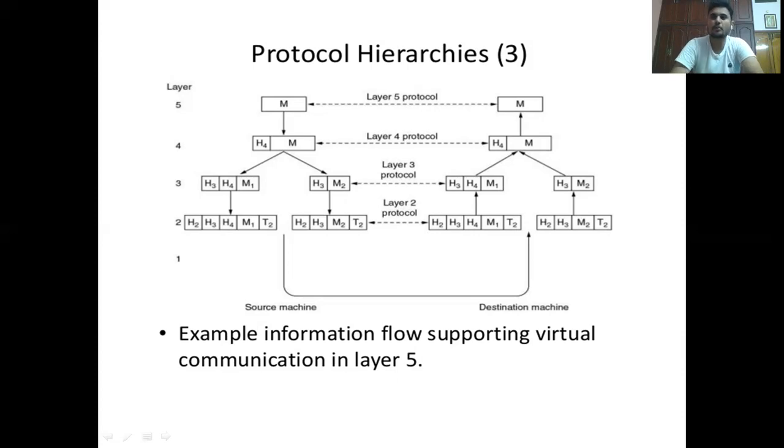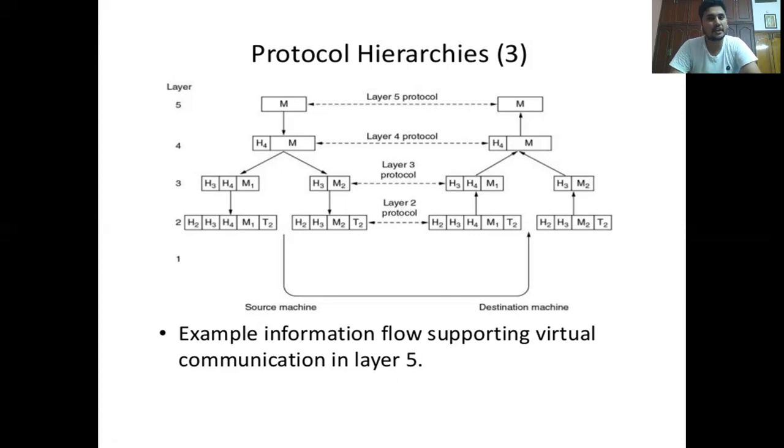So what is meant by protocol? That is what we discussed earlier. A protocol is a set of instructions to establish communication between two devices. A protocol is much needed.